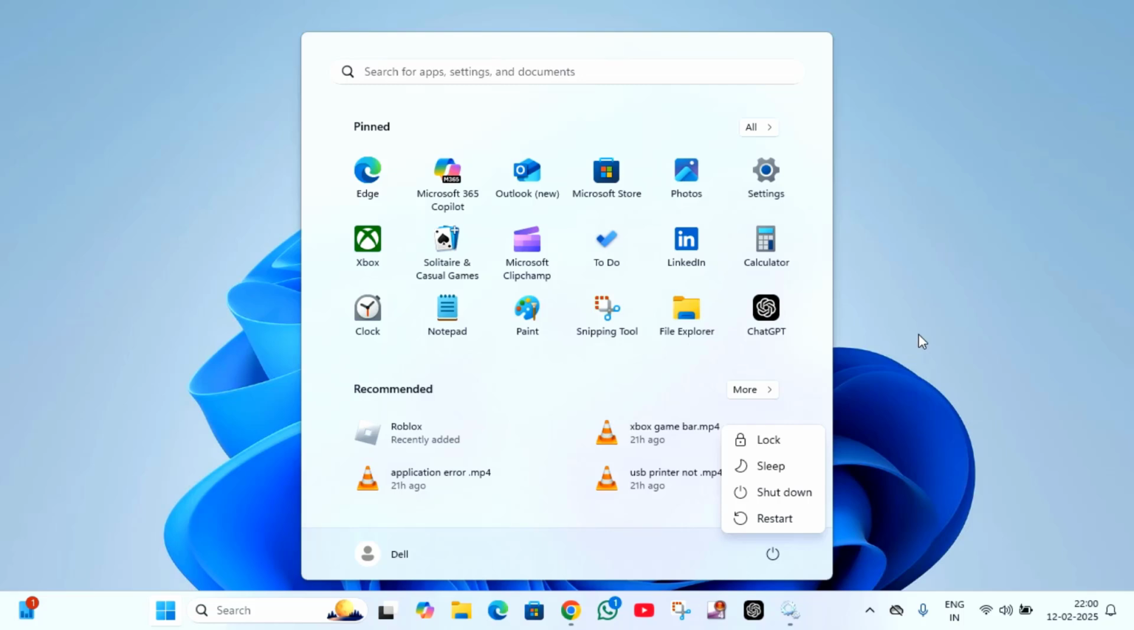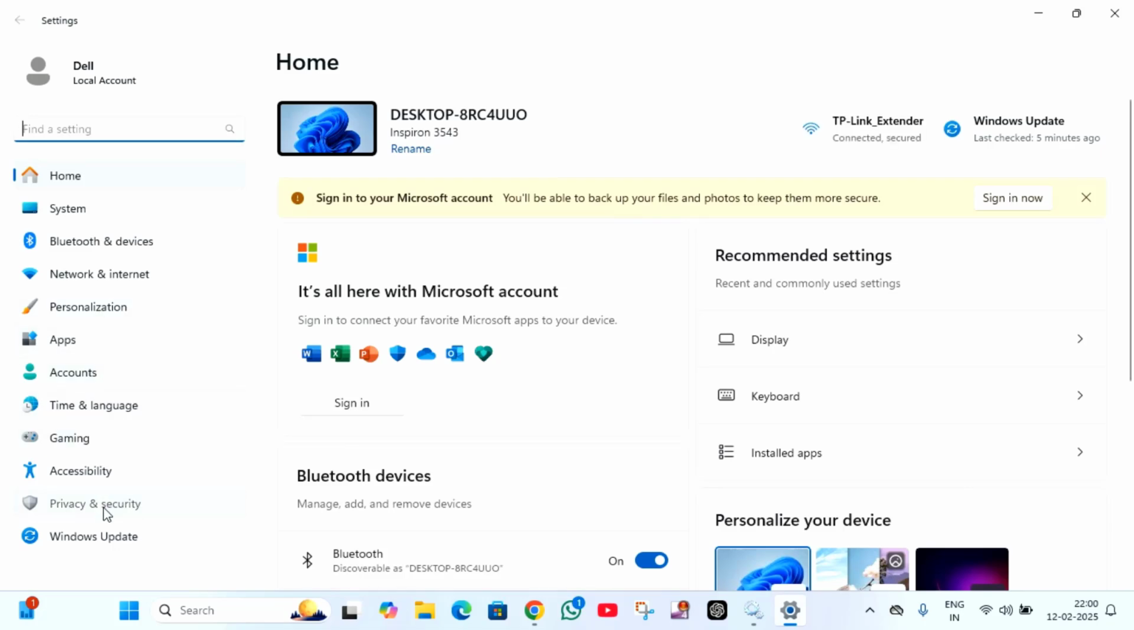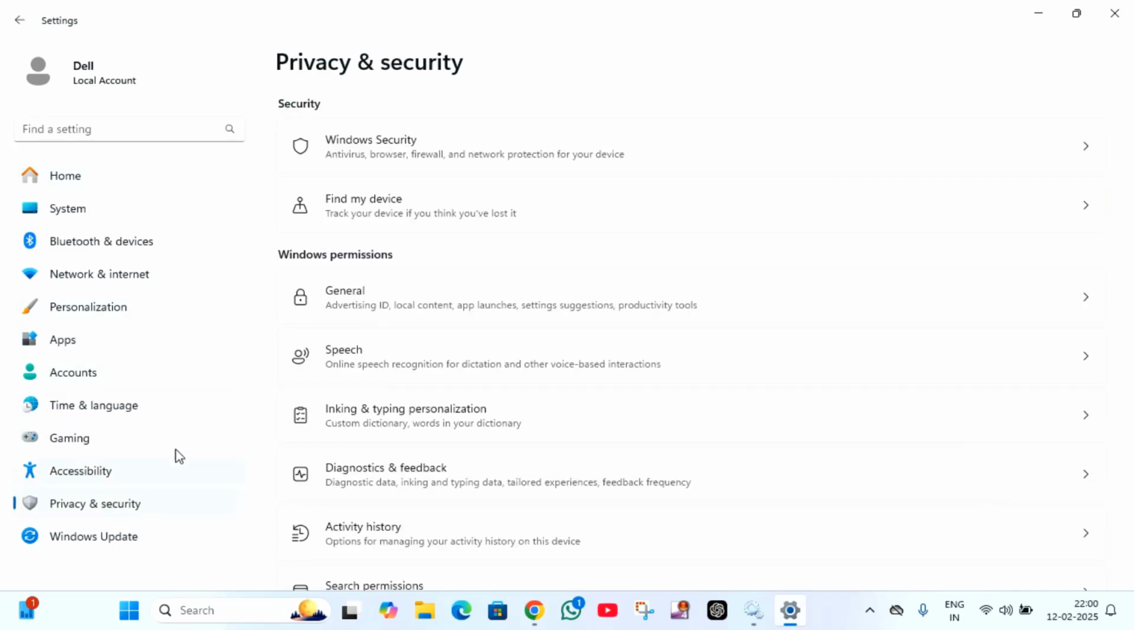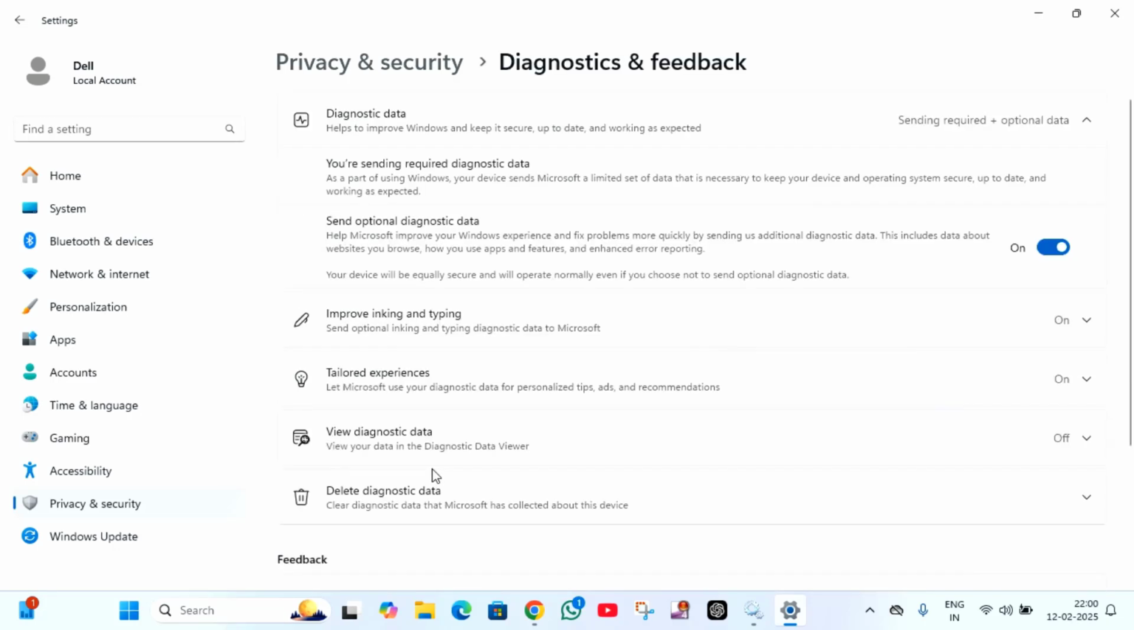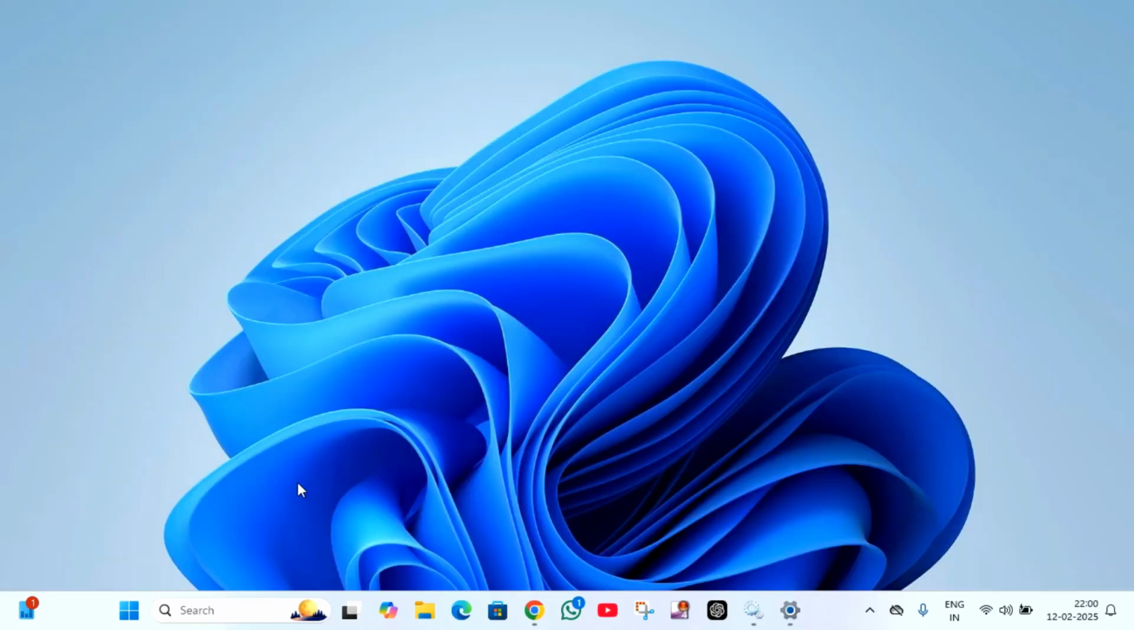If you are still facing the issue, then click on start menu, then click on settings, then click on privacy and security. On the right side you will find diagnostics and feedback. Click on that. You have to just disable this option, send optional diagnostic data, and restart your PC. After doing this, if you are still facing the issue, then you can try another method,